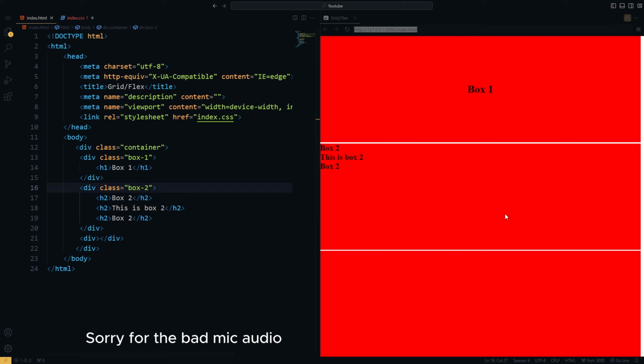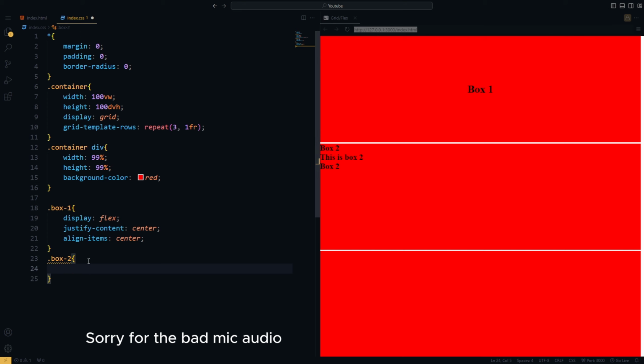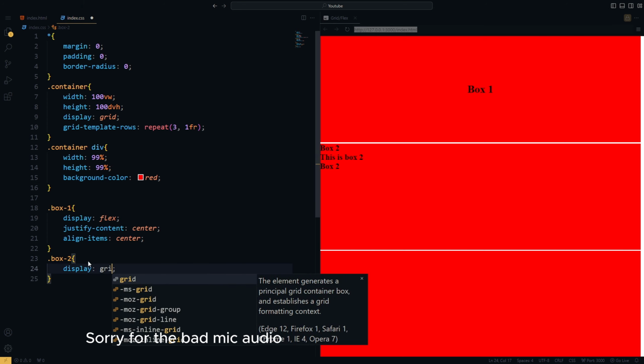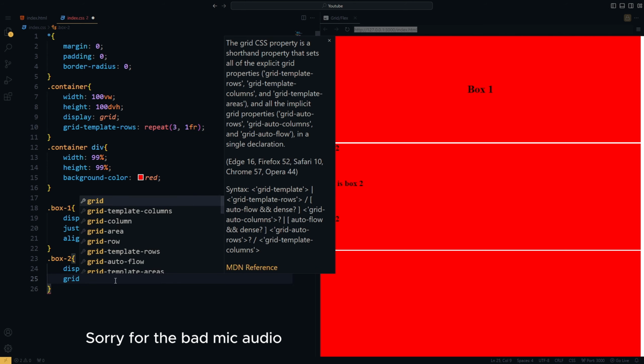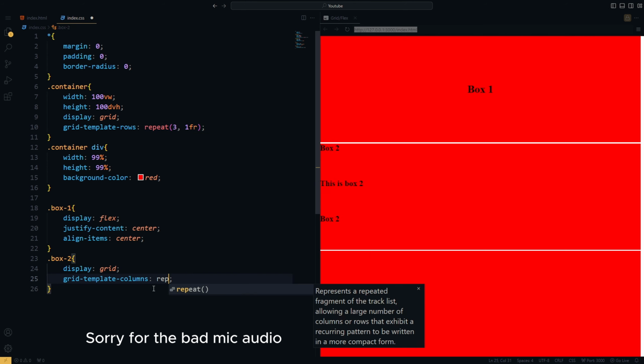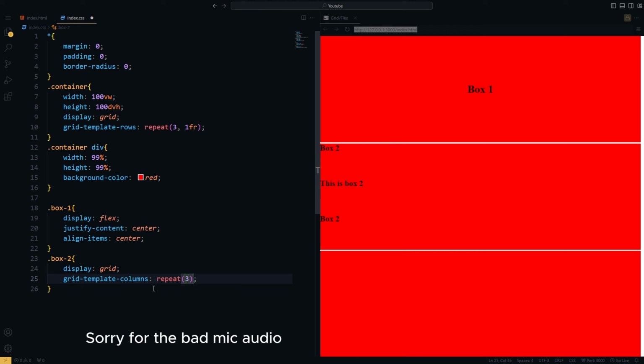And if you want to split it into 3 parts, you can just add display grid, and then like earlier here, grid template rows, but instead of rows, we're gonna use grid template columns, repeat 3, because I want to divide it into 3 parts, and then each part will take up 1 FR,